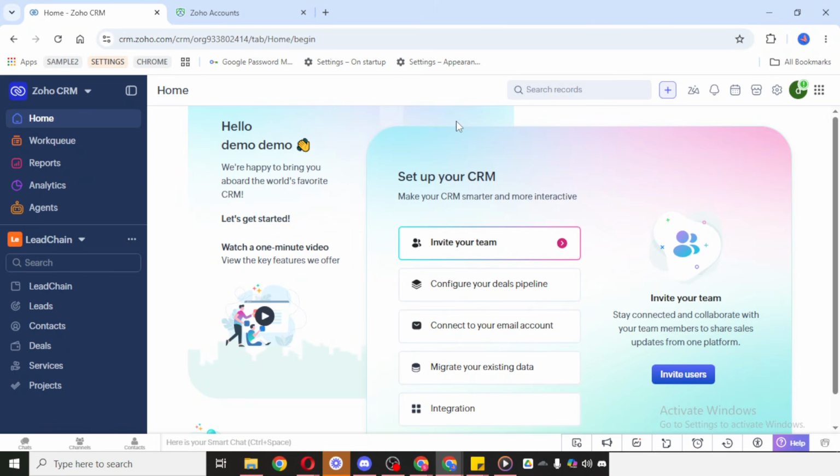This is especially useful when you want to standardize information, correct a shared field, or quickly update lead details in bulk. To get started, open your Zoho CRM account and make sure you're on the main dashboard. Once you're inside, go to the Leads section. This is where you'll see the list of lead records currently available in your CRM.